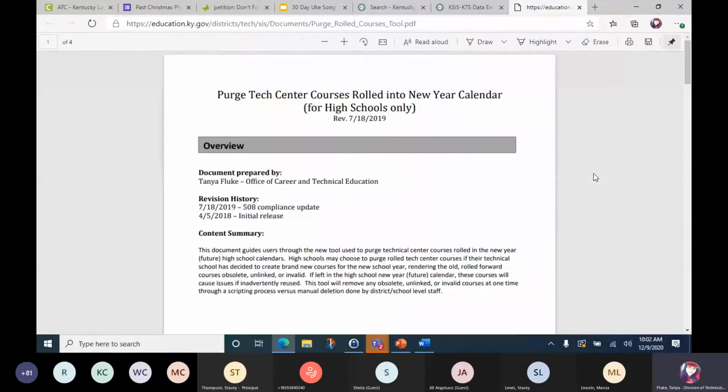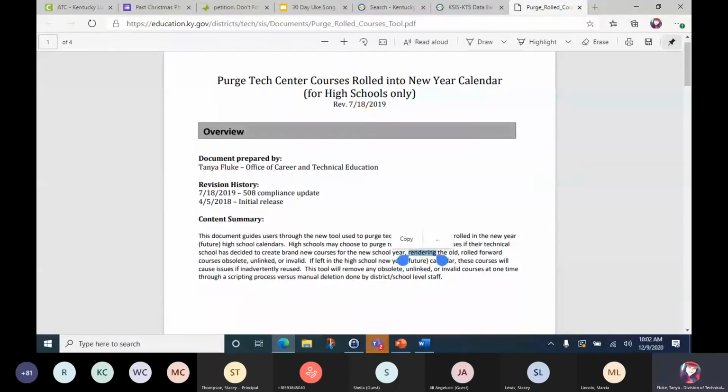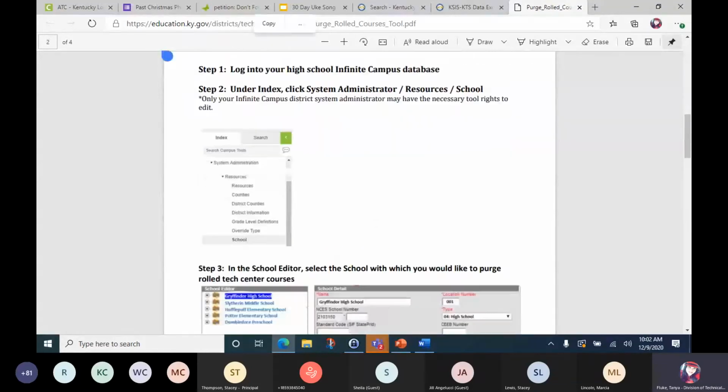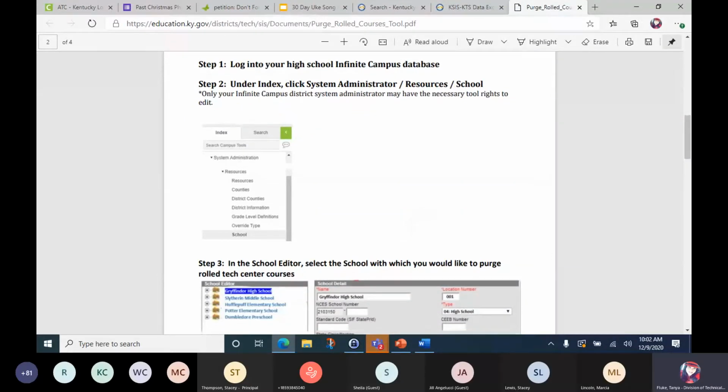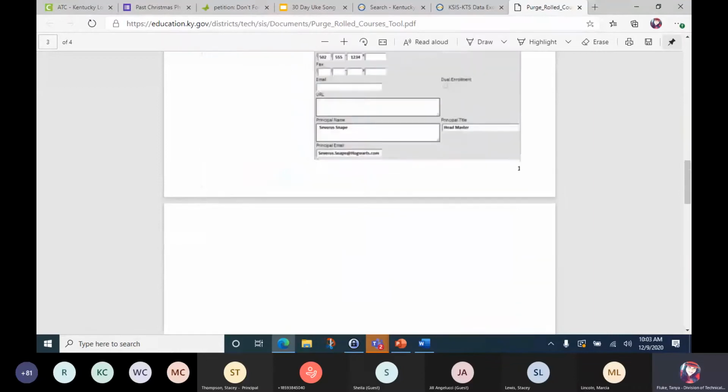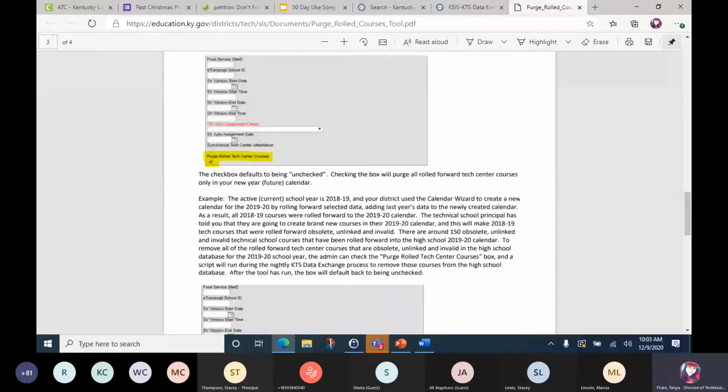If you're a high school and your technical school has decided to start from scratch, then you need to listen. After your new calendar has been created and rolled forward, you can purge your previous year 13-digit course codes that have rolled forward to your new school year, by following the directions in this document. So you follow the directions, you make the selection, you purge your rolled tech courses, you check that checkbox, and